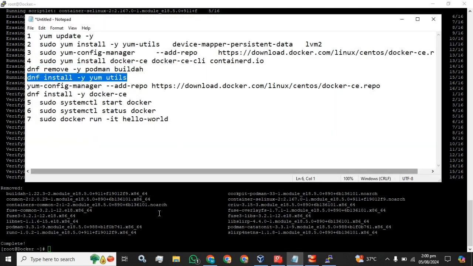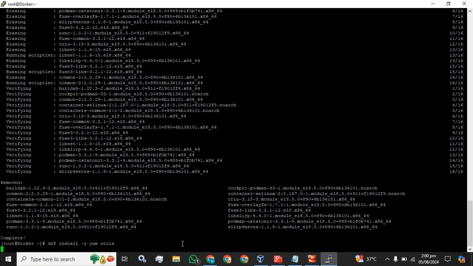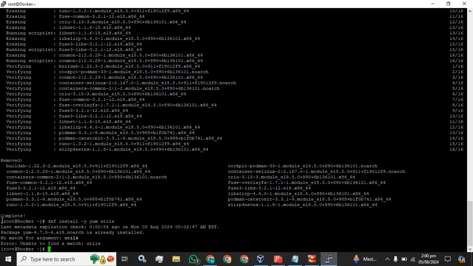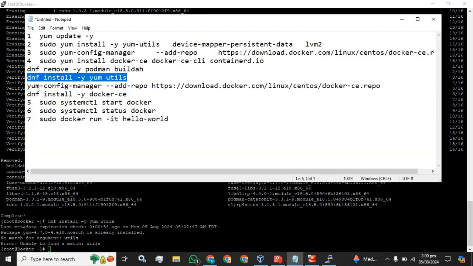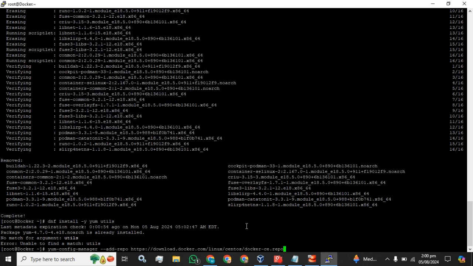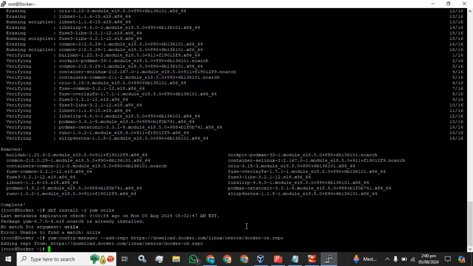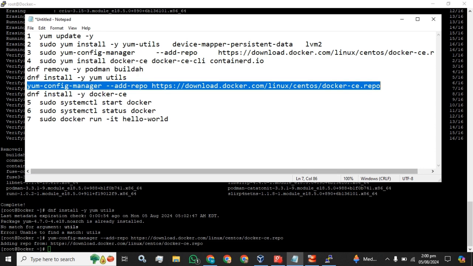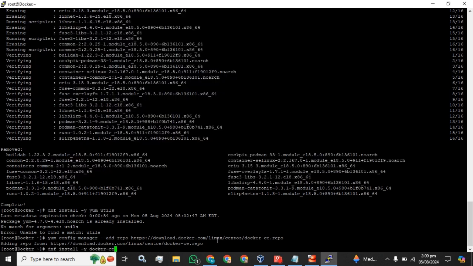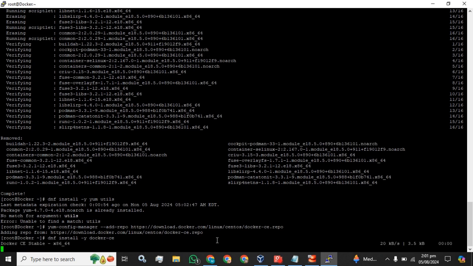Now again check for the utils dependencies for the Docker installation. Now we are going to add the repo again. The repo has been added. Now I am going to install Docker,